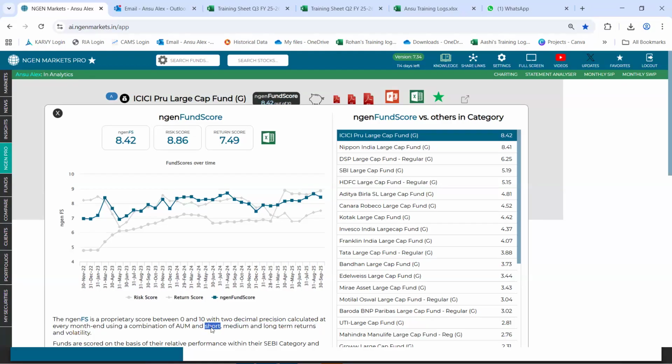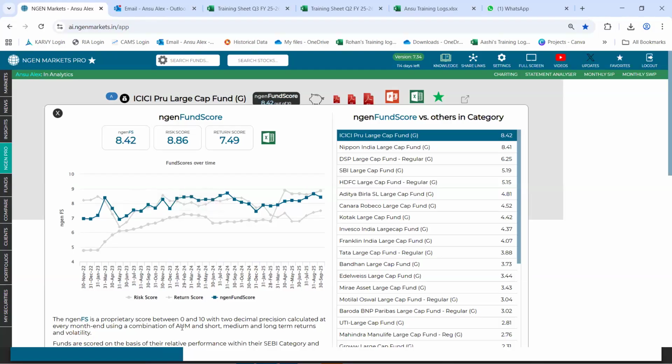Short is equivalent to 1 year, medium is equivalent to 3 years, and long is equivalent to 5 years returns and volatility. Each of these time horizons will have 30% weightage, and these are the parameters that we use to arrive at this Engine Fund Score.